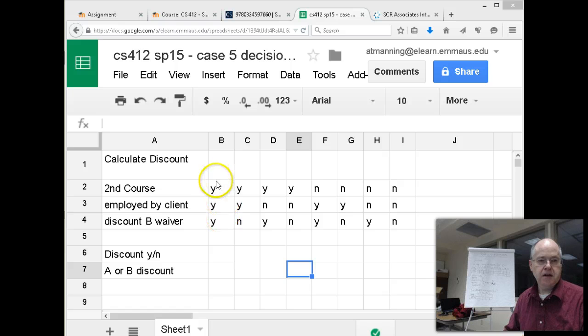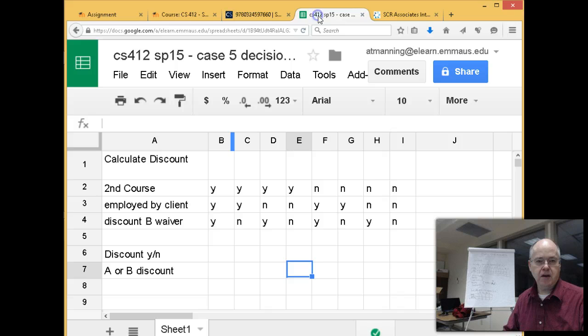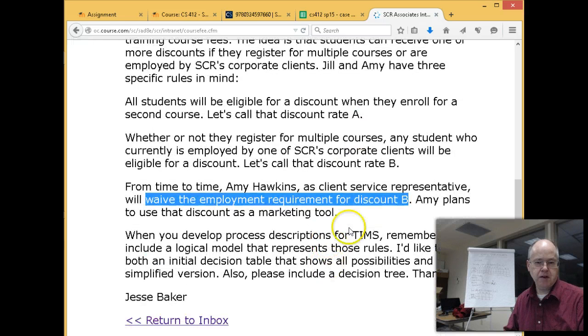Well, let's see here. From our data here, eligible for discount when they enroll for a second course, so that's discount rate A. So let's put A if they've enrolled for a second course. So that would be here A, and A. And it doesn't tell us which is the better discount, does it? I'm assuming A is better. They don't say though. So we'll assume